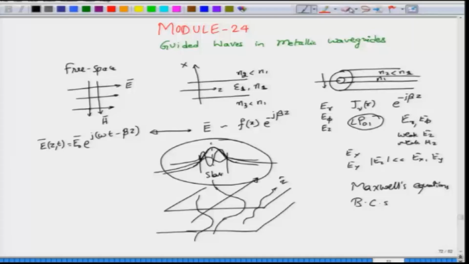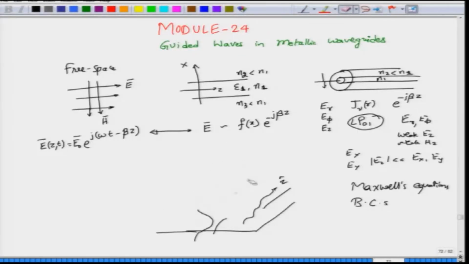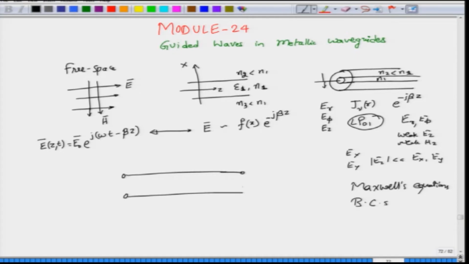In between this, we have also seen one more structure. In fact, we started the course with this structure, and that structure happens to be the transmission line. We have not really looked at the electromagnetic analysis of this transmission line, but suffice to say that transmission lines are essentially carrying the free space type, the uniform plane wave types. If, instead of working with the voltage and the current, you work with the electric field and the magnetic field, you will see that the wave structure present on this transmission line will have the same characteristic in some sense.